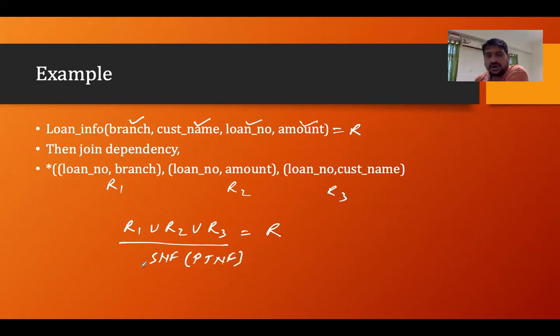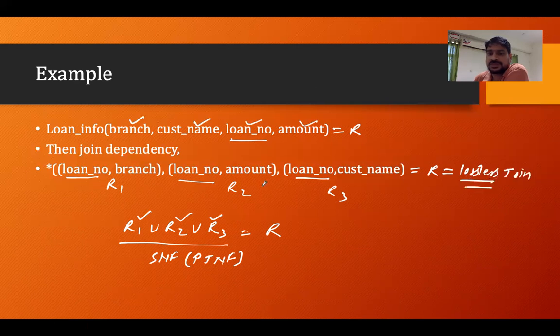It means that all the splitting, if we are doing it based on the candidate key. What is the key here? Loan number, can we say? If we have loan information and the loan number is there, can I say loan number is the primary key? So if I am dividing the table based on the loan number, then based on the loan number only I'll join it, right? In lossless decomposition, I have shown you how we'll join it. So we can say that I should get R, which is a lossless join.